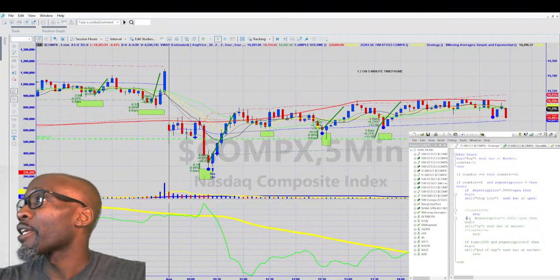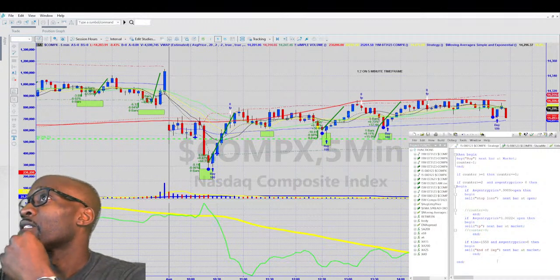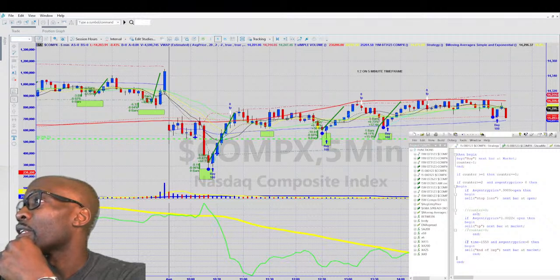We're going to put that back in. Re-verify. As long as, if the counter is over 2 and the average price is greater than 0, then begin. Then we're going to begin. We're going to do another if. We're going to do begin, and then if the time is equal to 15:58,